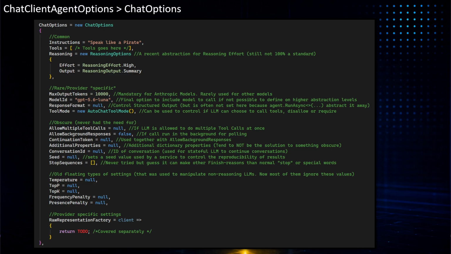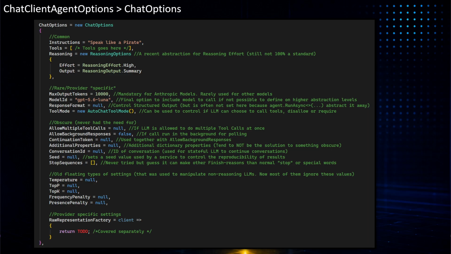So this is where you set all the other settings that are not yet standard in AI. Reasoning was one of the big ones in the past, again, slowly getting into a standard, but service tiers, caching modes, and stuff like that, you haven't seen here, and that's because you need to set them on a per provider level.